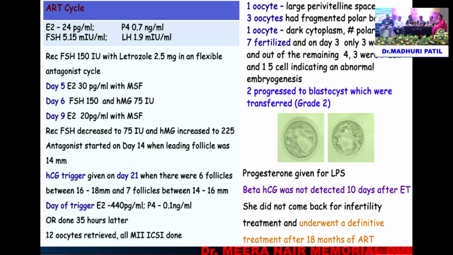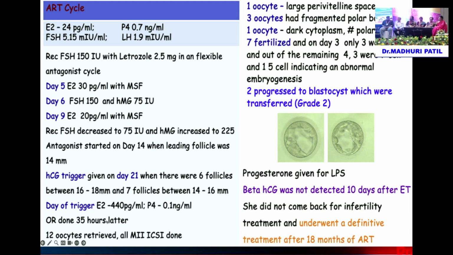So basically, once she was negative, we did stimulate this patient. We added letrozole, and this was done quite some time back, so I didn't use the PPOS protocol in this patient. Because she had severe PCOS, we had kept her dose low, but she didn't respond, and therefore we added HMG to this patient. And basically, we had given her a trigger almost on day 21 because she was not responding.